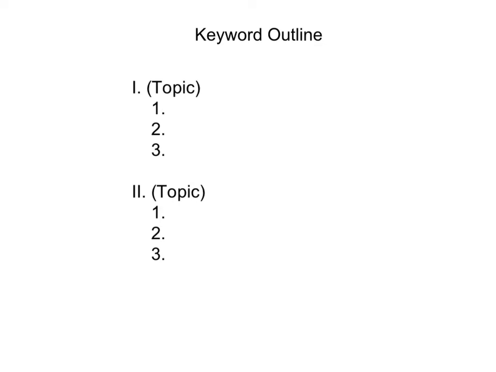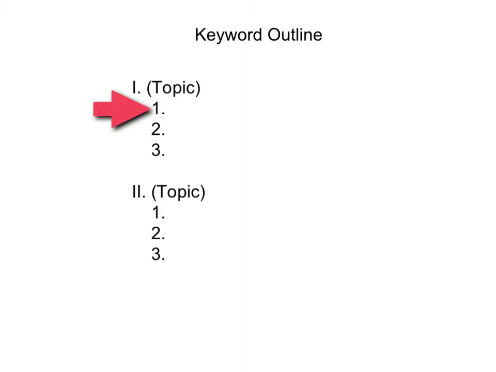For this lesson, you will learn how to create a keyword outline the Excellence in Writing way. So let's look at how we first set up our outline. First, we're going to make a Roman numeral 1. That is our topic sentence, what our paragraph is going to be about. Then we place a number 1 indented under the Roman numeral 1